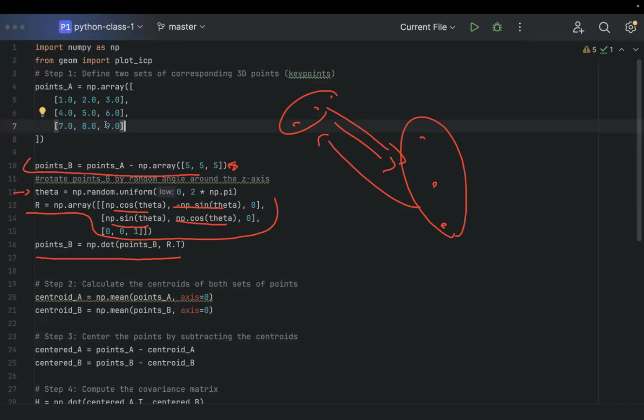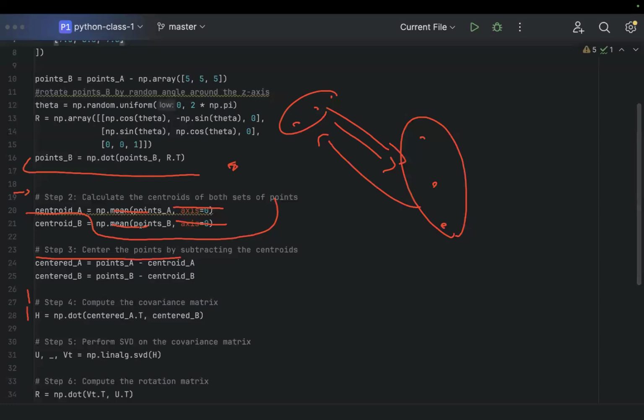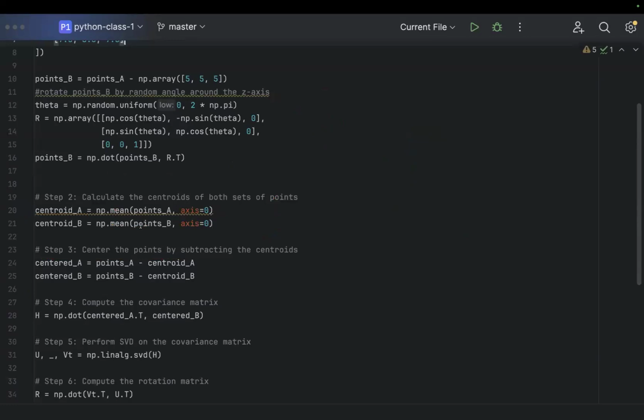So first I calculate the centroids, take the mean of both, and then I shift the points to the centroids. So basically I'm left with this. Why do I do this? Because I want to center both point sets at the origin. When I center them both at the origin, I have only the rotation matrix to act on. So when I remove the centroids, I can take both centered sets and create this matrix, which is